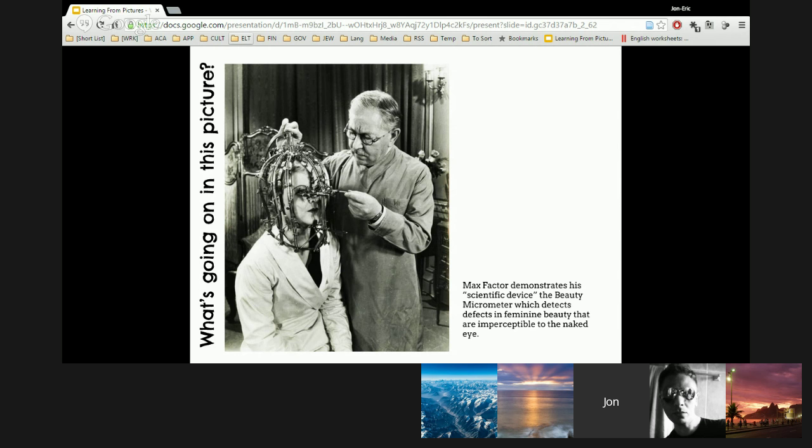He's measuring her face because that device, based on designs by Leonardo da Vinci, measures the golden ratio of facial features. In fact, nowadays they'll take your photo and put a map over it based on the device. Same thing, the golden ratio. There is a mathematical ratio between your facial features where, if you have that ratio, most people will deem you attractive. So it's the idea that somehow there's a mathematical equation behind beauty.